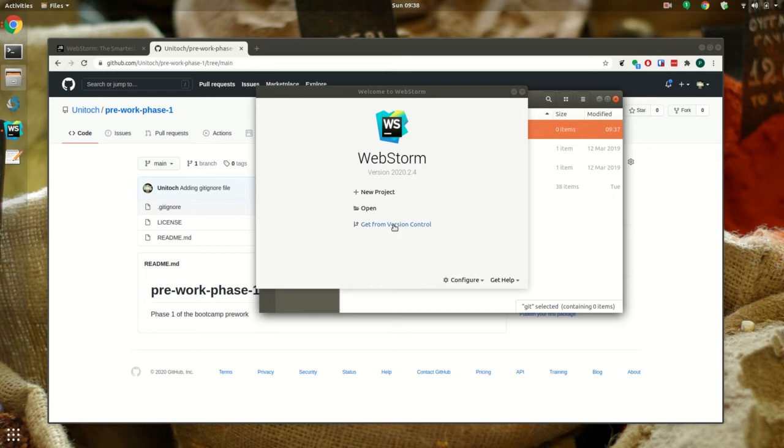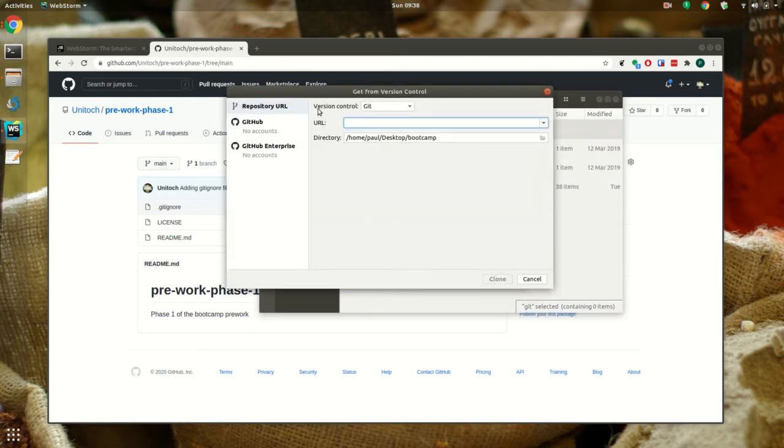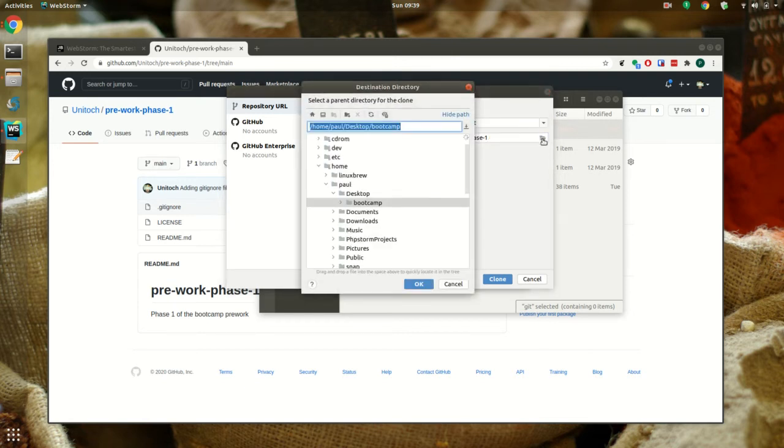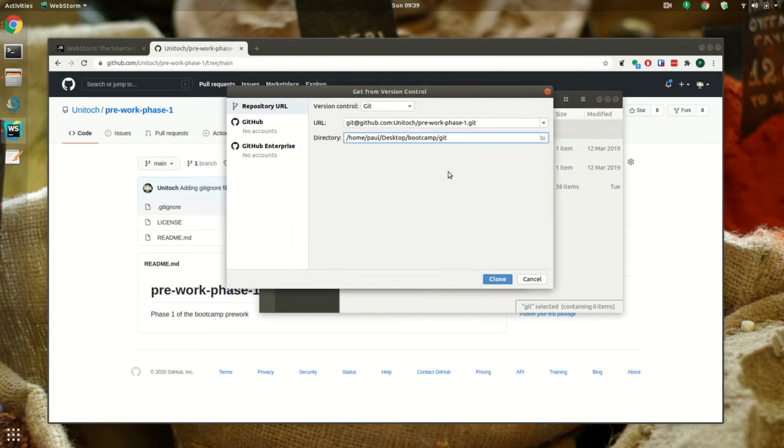We want to click Get from Version Control. Leave version control as Git if it's selected. If it's not, make sure that it is. For the URL, we're going to paste what we just got, which is git@github.com, and then your username and your repo. Down here where it says directory, it should already have desktop and it might have bootcamp in it. Make sure you have a path to here by clicking on this, going to desktop, bootcamp, git, click OK,